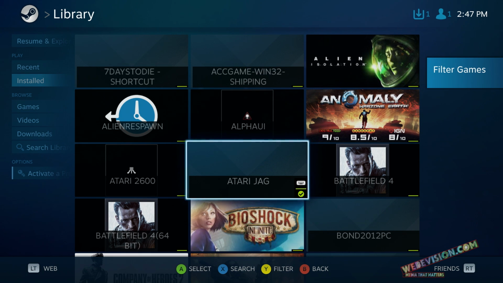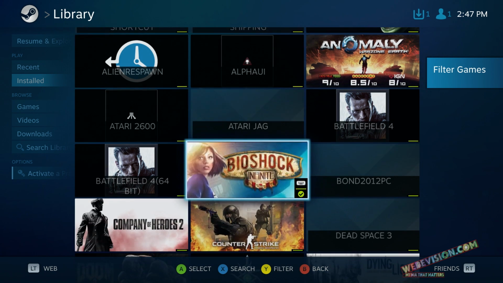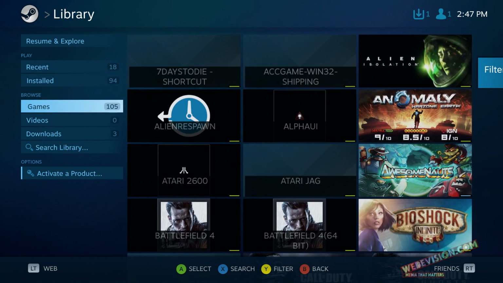But some of the games that you try to download, if you see that icon, 9 times out of 10 you can use a controller, but some games like H1Z1, there's no controller support for that. So just do your research before you start downloading games. And go back over here to games. These are how many games that I have installed on this machine or I'm able to play,